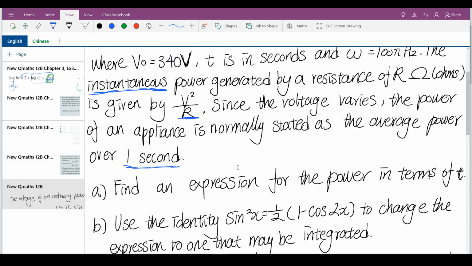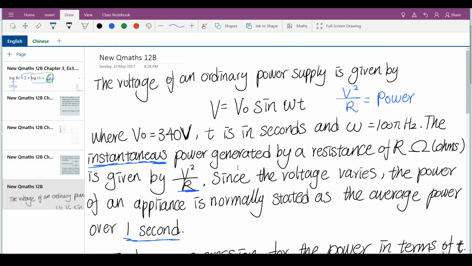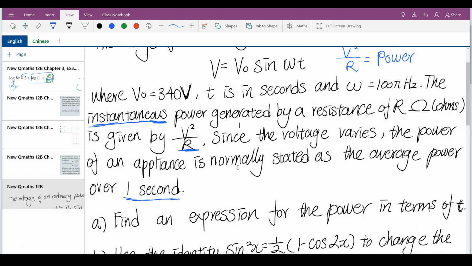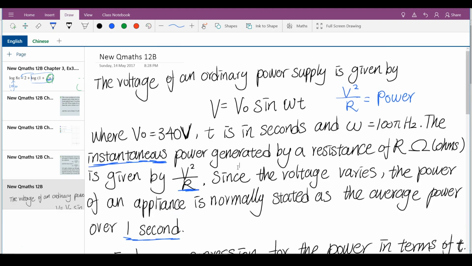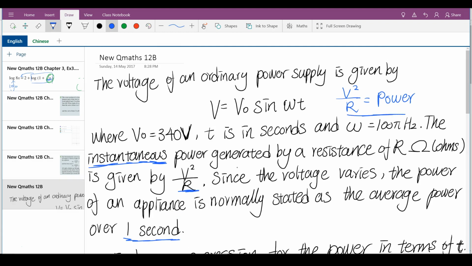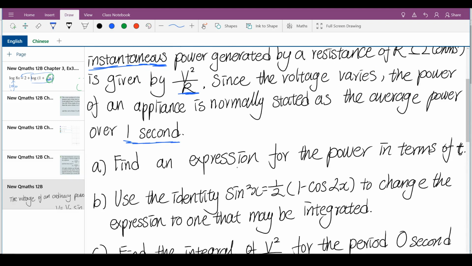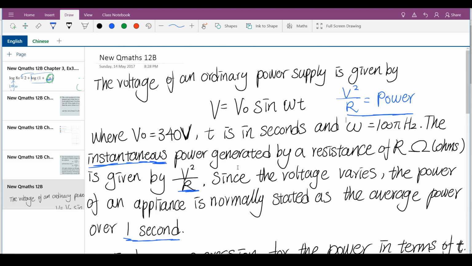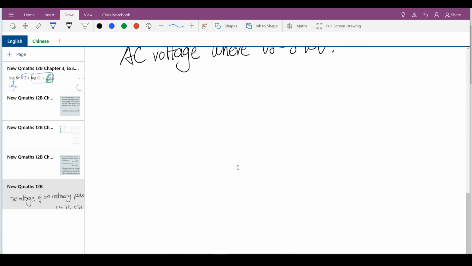Find an expression for the power in terms of t. So we're looking for power, and to express it in terms of t. Okay, so we want power on one side of the equal sign and t on the other side. We've got this particular equation here, V squared over R is equal to power, and we know what V is. Well, let's just mix them in. Okay, so for question A,